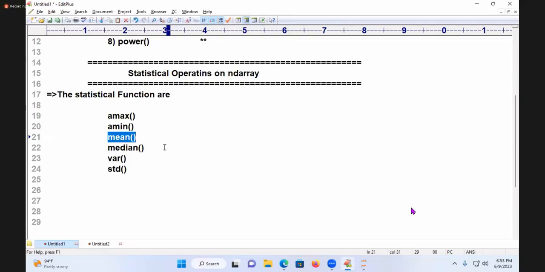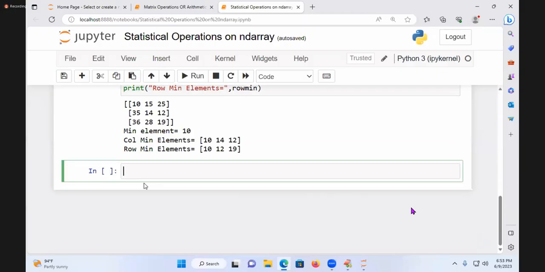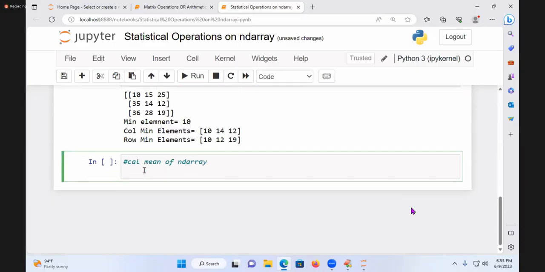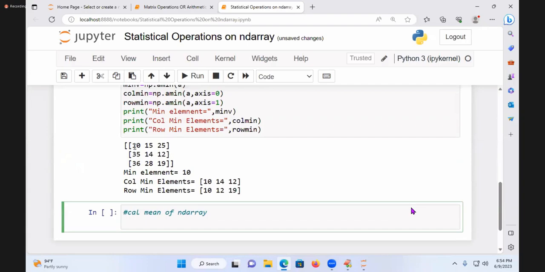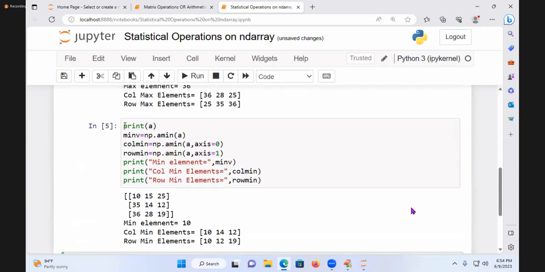Now I need to go for what? Mean function I will take. So dealing with the mean operation I am going to take up. So let us go to the mean operation now. What mean operation? Performing mean operation I am doing. Calculating mean of what? ND array. So there I am going to take it. What is the print of what? A, or otherwise you take it. When I take this print of this A,